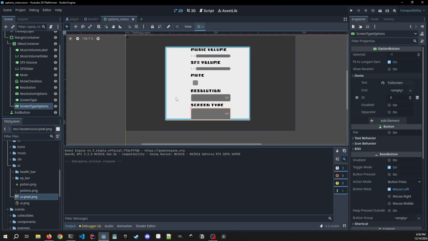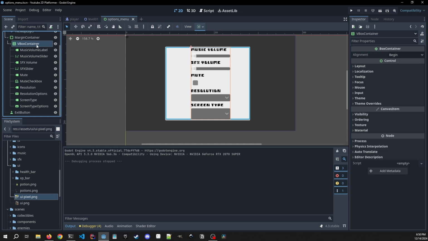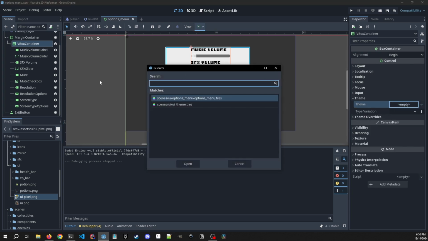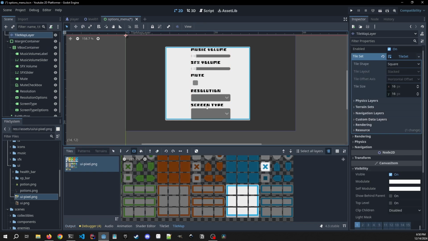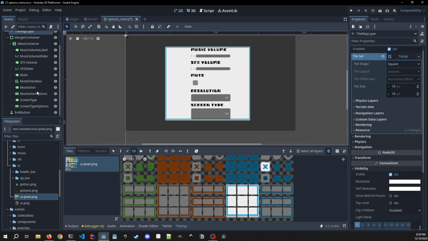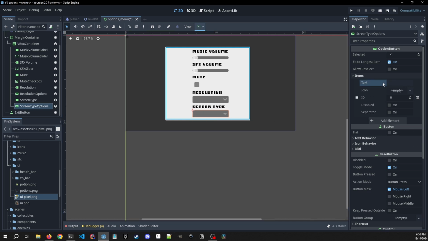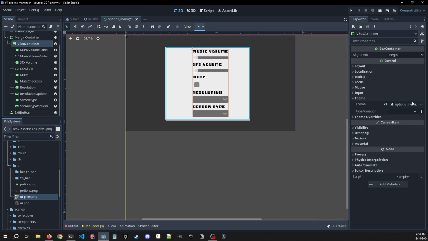So we also need to assign our theme to all of these. We want the entire thing, everything in this VBox, to have our options menu theme. Okay. And we're going to change these slider buttons. We also want to change the text size in here. This currently is looking bigger than we would want. So let's reset this. No items. Now we want to go back into our theme,